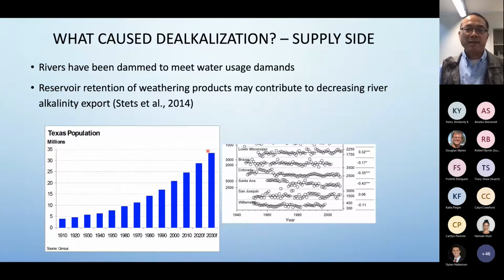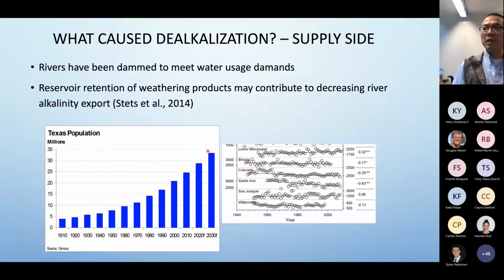And if you haven't heard, Tesla just decided to move their headquarters or plant, I don't remember which, to Texas not long ago. Because of this requirement for fresh water, dams have been built just to keep water on land. But at the same time, if you have river water preserved in reservoirs, calcium carbonate will be produced, because the chemistry determines that calcium carbonate will precipitate out of the water column.